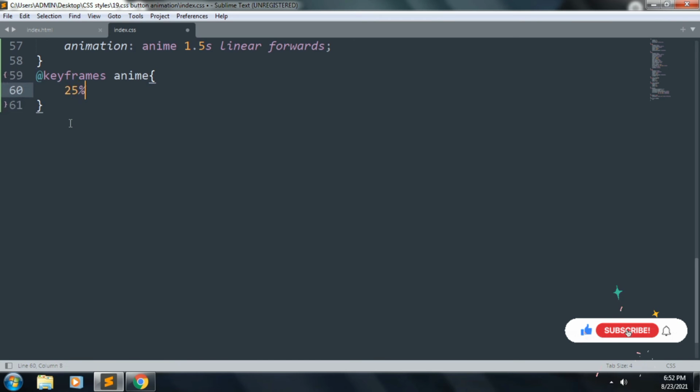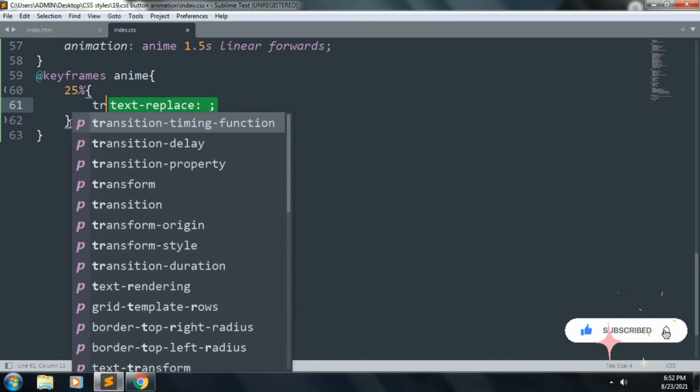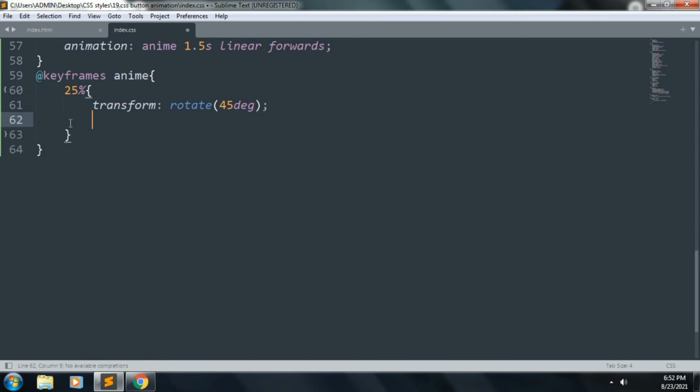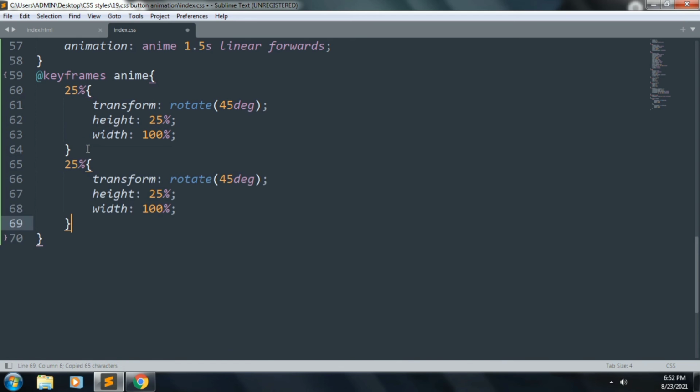Inside this we want to add 25% and transform rotate 45 degrees, and we want to add height 25% and width 100%. Copy this 25% and paste it 3 times,